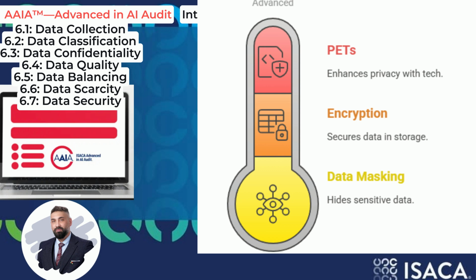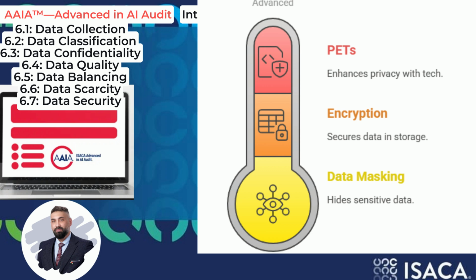So, what are the key considerations and measures for ensuring data confidentiality in AI systems, reflecting guidance from security standards and frameworks like NIST? Data classification. As we just discussed, this is the foundational step. You can't protect data effectively if you don't know its sensitivity level. Strong access controls. Implement robust access control mechanisms. This includes role-based access control, RBAC, and attribute-based access control, ABAC, to ensure users only access data relevant to their roles and attributes.